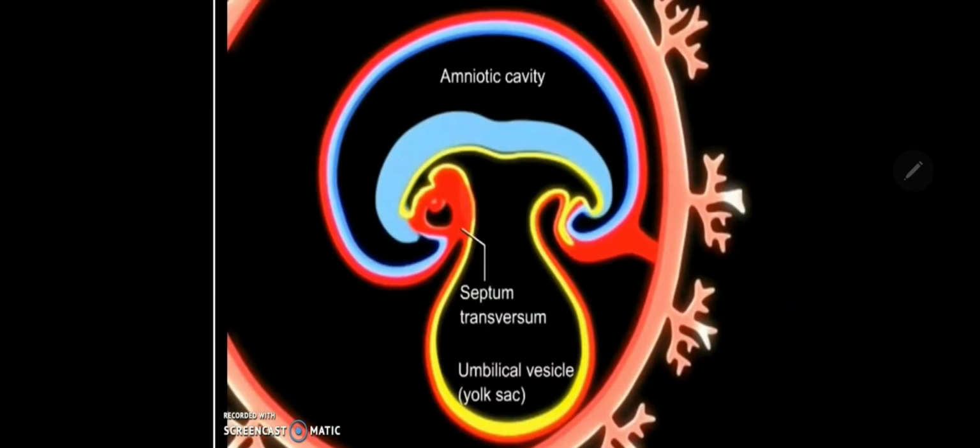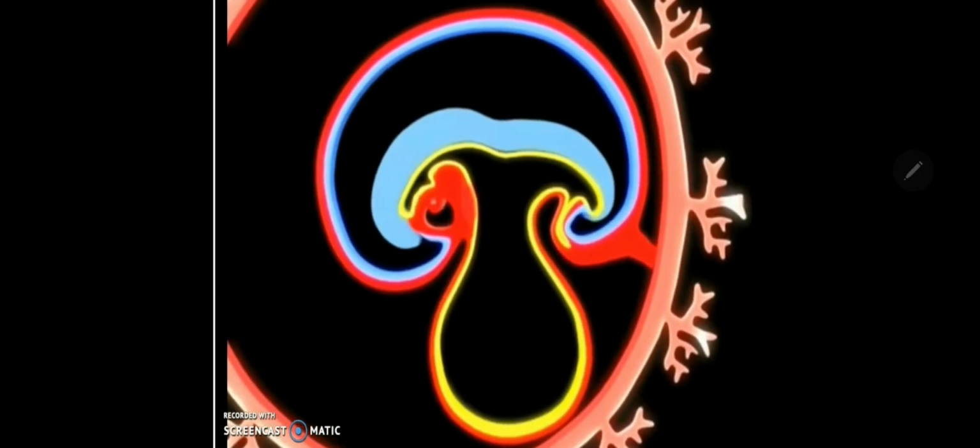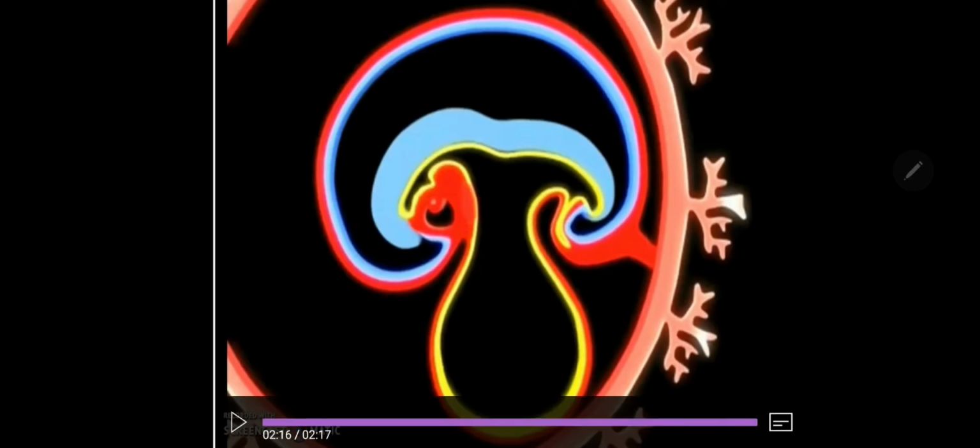You can see the septum transversum is coming down, the buccopharyngeal membrane moves up, and the pericardial sac is there, and this allantoic diverticulum comes ventrally and caudally, forming the urachus there. You can see the further folding will push the yolk sac into this developing embryo, and this primitive gut tube will be organized into the foregut, midgut and hindgut, which we will discuss.